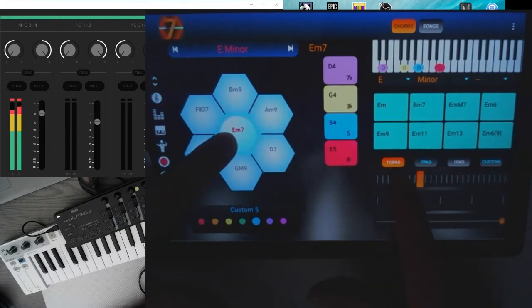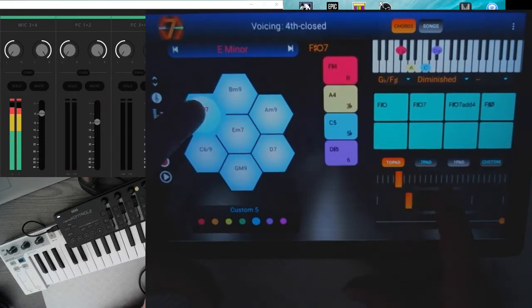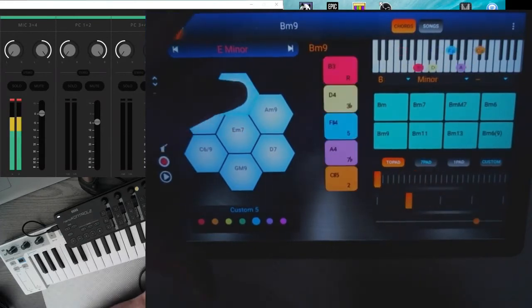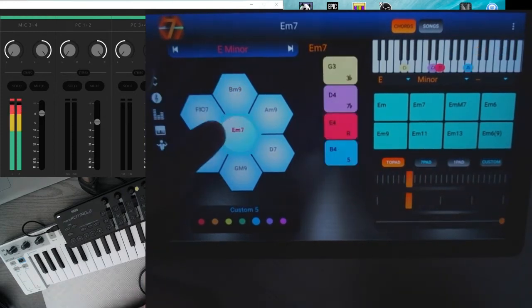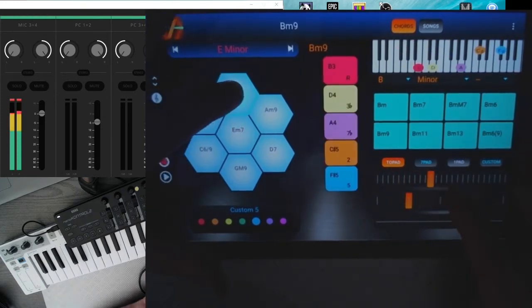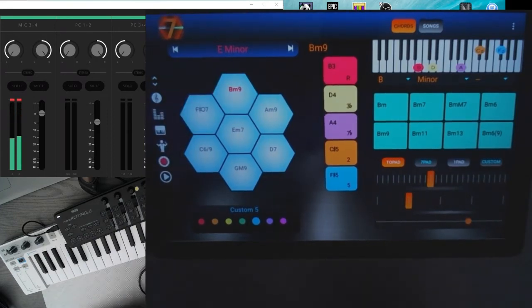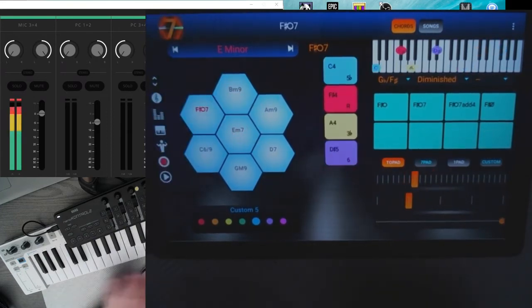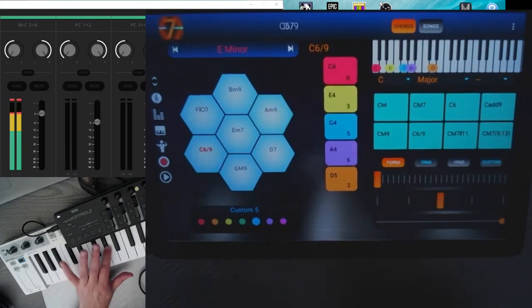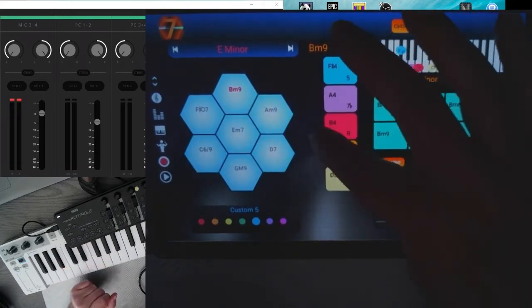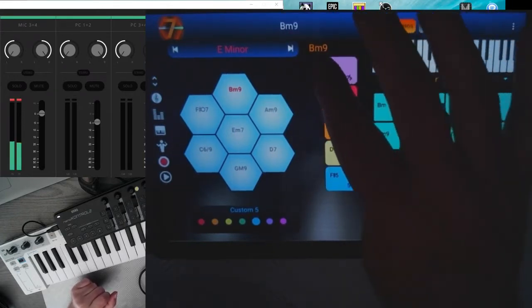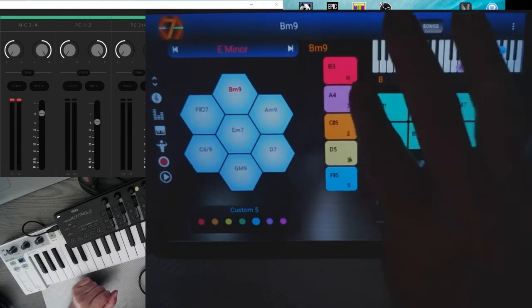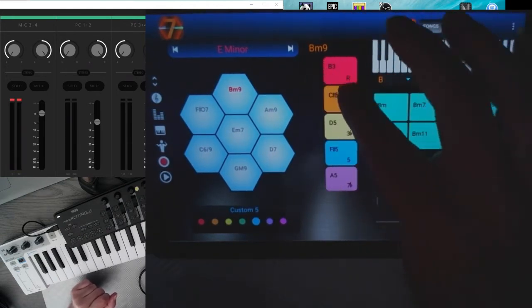So now you replace the chord with the selected one. Keep pressing the pad and change the voicing. It will store the voicing. So you press the pad, you change the voicing, and now, as you can see, it remembers the voicing you want to store in it. For each note, you can change the octave by just swiping left or right on each note. So if I decide this one will be the upper,